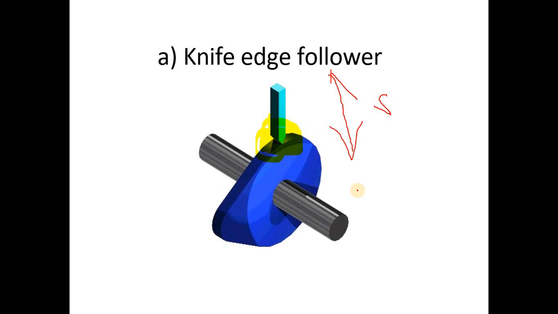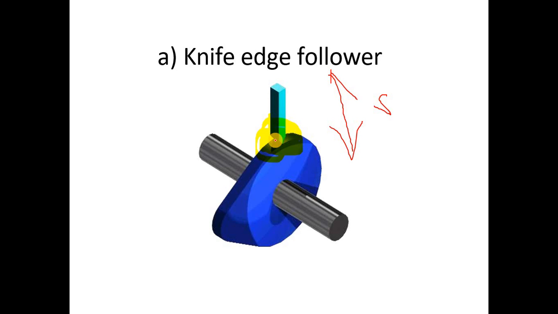Another disadvantage of the knife edge follower is the jump of the follower. It is continuously in touch with the cam at a single point, so it will continuously vibrate. Due to this vibration, there is a breakage of the contact between the cam and follower. Another disadvantage of this follower is vibration. If the speed of the cam exceeds somewhat, you can see the jump of the follower, or what we call vibration, in the case of the knife edge follower.